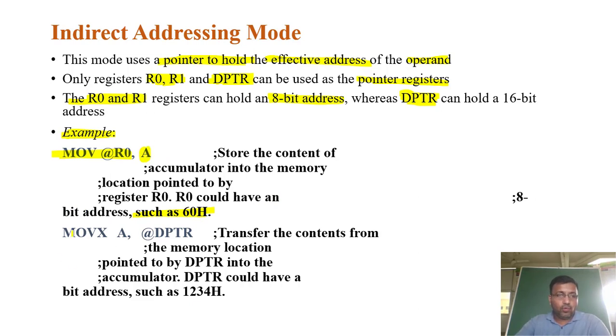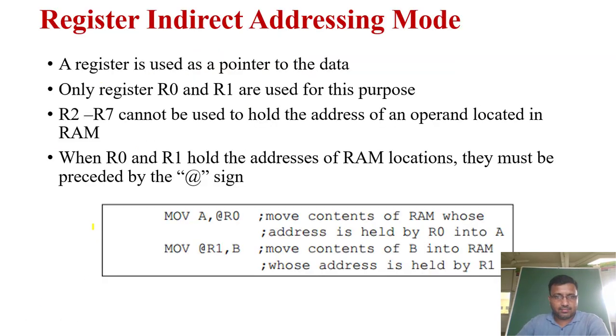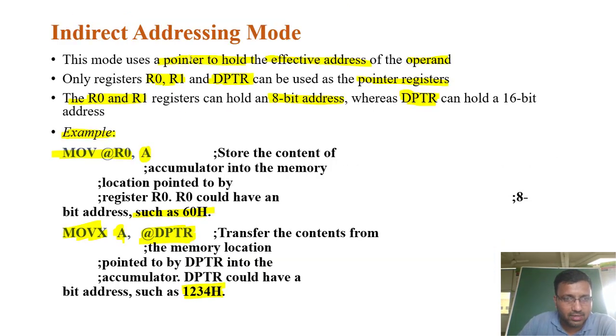Here again MOVX is used to write the data, again in direct addressing mode, MOVX A, @DPTR. Whatever the DPTR is pointing to, the 8 bits of data will be copied from that address location to the accumulator, like copying the data from 1234H to the accumulator. I will give you an example of how it works. We'll complete this and I'll give you the example now.